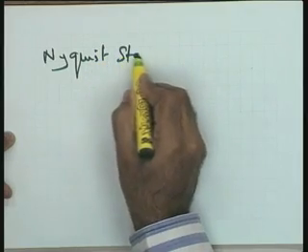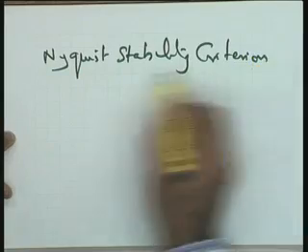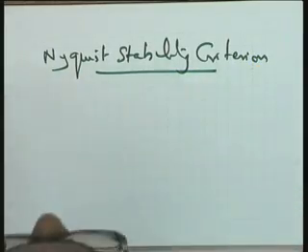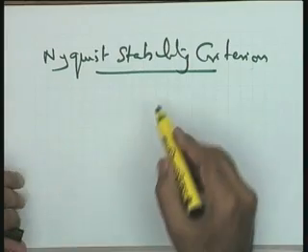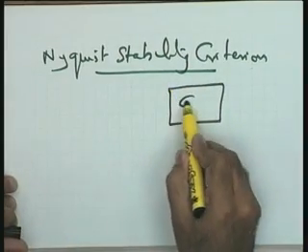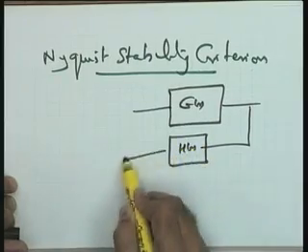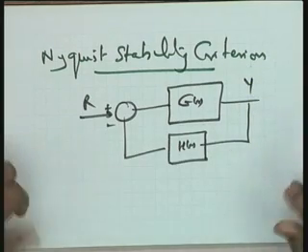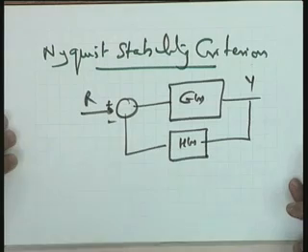The complete rigorous proof I will avoid for want of time, but I think I will be able to make you appreciate the basic idea behind the criterion. It depends upon complex variable theory, particularly the principle of argument. I would like to explain the criterion this way. I really need your attention on this point, because the rigorous mathematics is being avoided. Only intuitively I will make you understand this particular criterion and its application. Application will be straightforward. Try to understand the basic concept behind it.